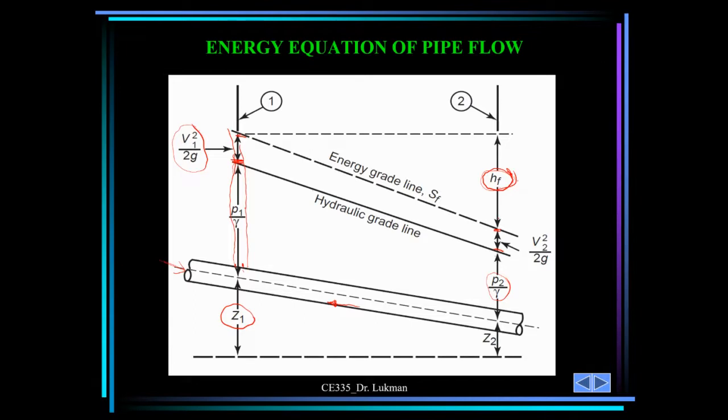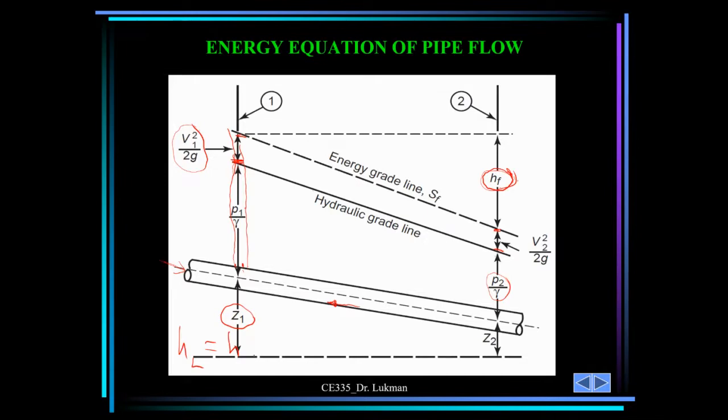The head loss is not only due to friction. We call it head loss because the head is being lost. This is the pressure head. The pressure head is being lost. It's decreasing. And why is it decreasing? Because the head loss is increasing. So the head loss is normally